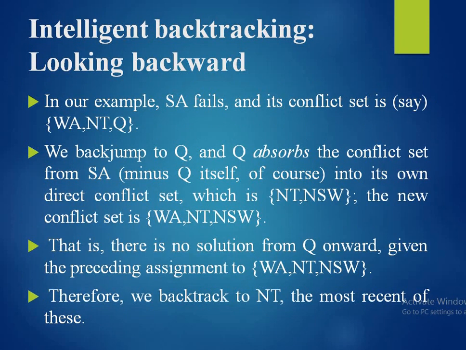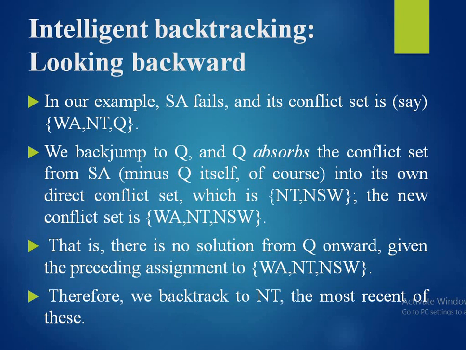In our example, SA's conflict set is, say, WA, NT and Q. We backjump to Q, and Q absorbs the conflict set from SA, minus Q itself of course, into its own direct conflict set, which is NT, NSW. The new conflict set is WA, NT, NSW.